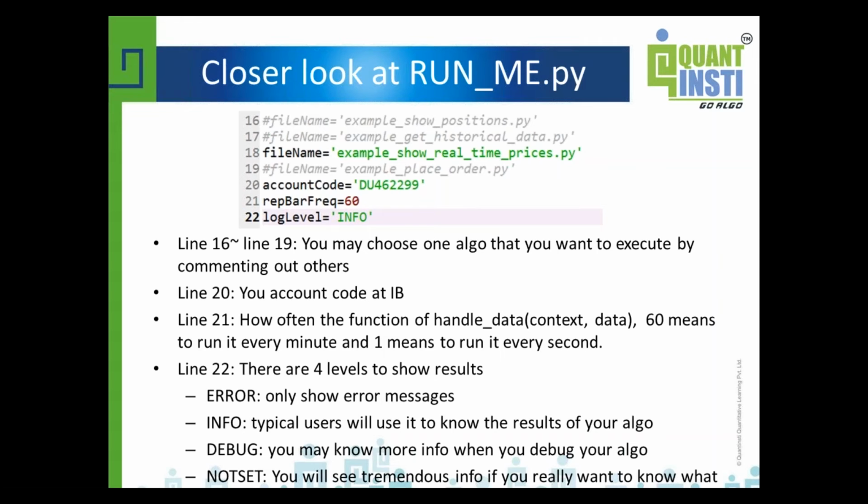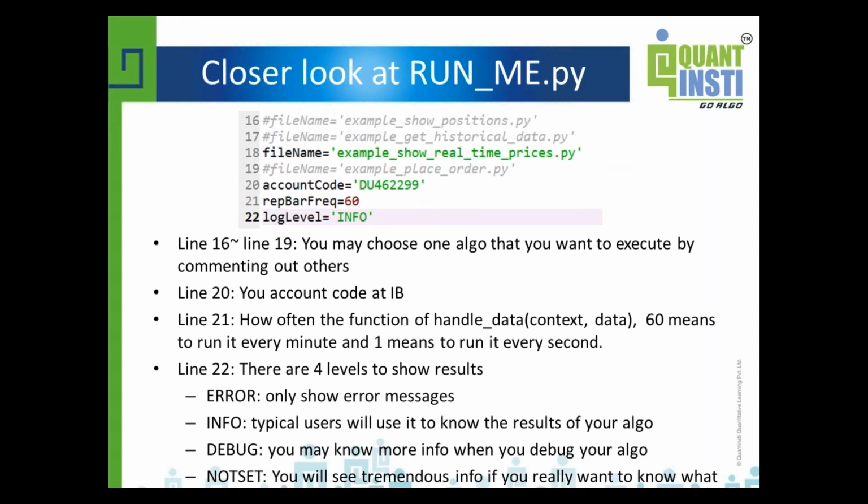Line 22 is the log level. There are 4 levels to show results. The first one is error, which only shows error messages. The next level is info. Typical users will use it to know the result of their algorithm. The next one is debug.